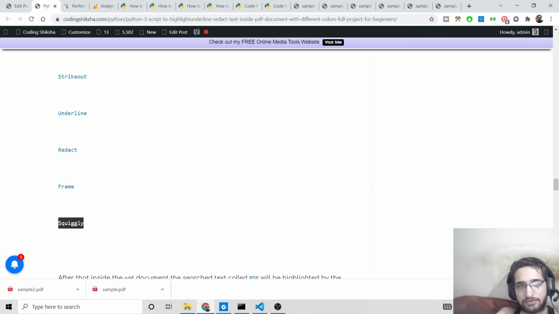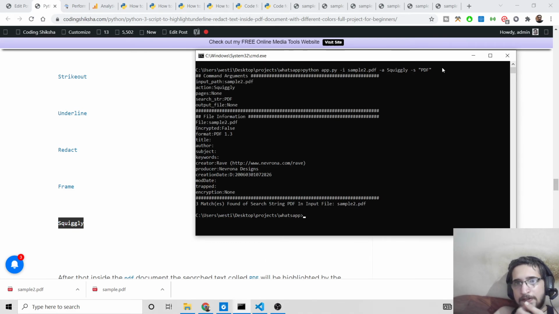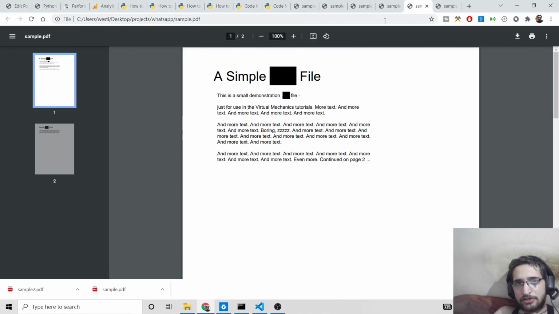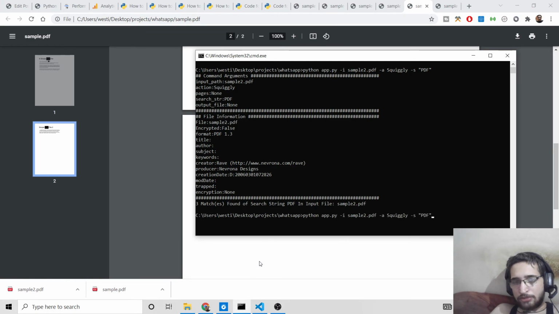Last but not least, we have this option, squiggly. Let me also do this. Again, if I refresh it, you will see this is kind of a redact effect. It puts a black background color, so we cannot remove this.